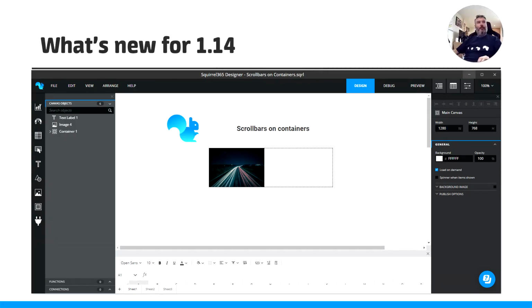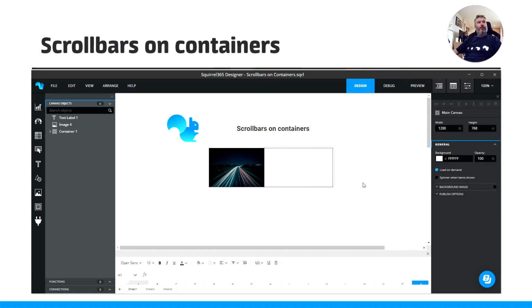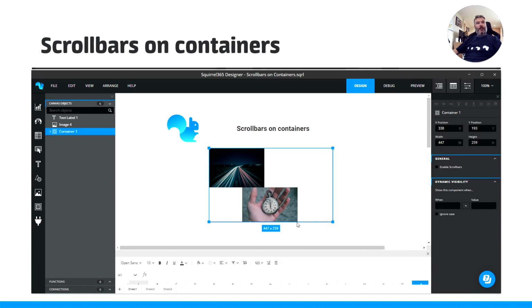So if I have a look at Squirrel here with scroll bars on containers, you can see I've got a Squirrel project, and in my container here I've got a number of images. Previously you'd have to have done some logic and done pagination backwards and forwards to go through the different images, but what I can do now on my container, I've got an option here called Enable Scroll Bar, which